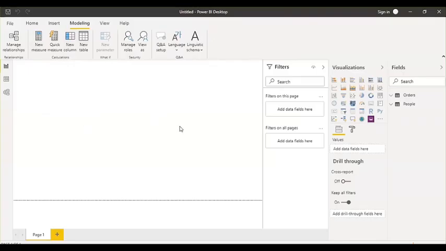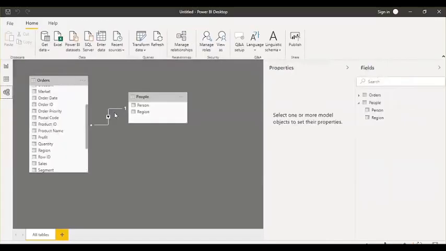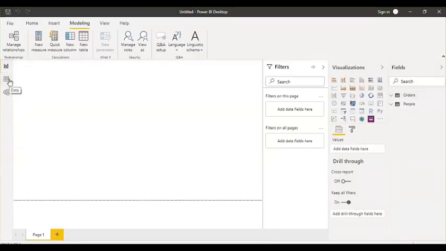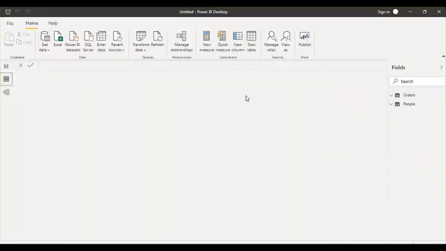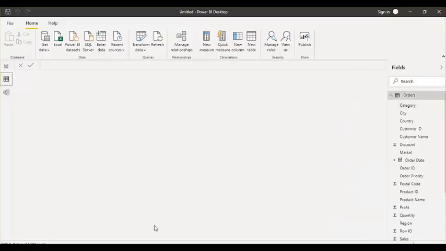Let me pull some data here. We have already created a relationship between them. The best practice when you want to work with DAX functions or write expressions is to be in the data window, this data tab, because there you will be able to see your data model. And if you created any column, you can see that column at the end of your table.